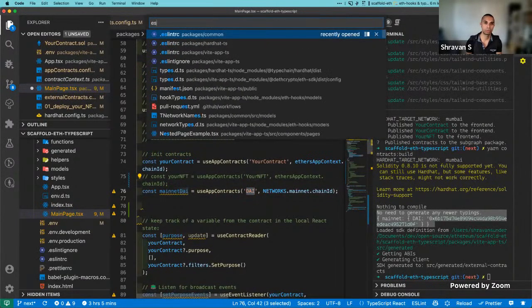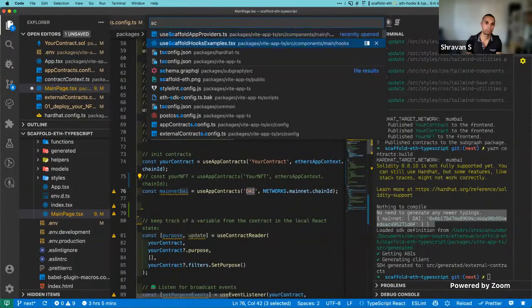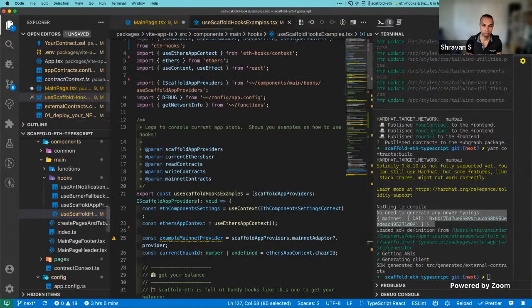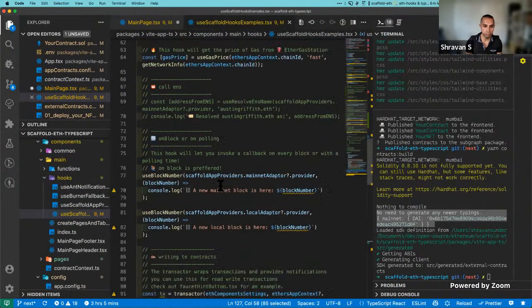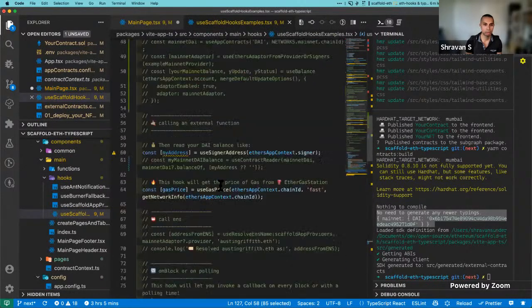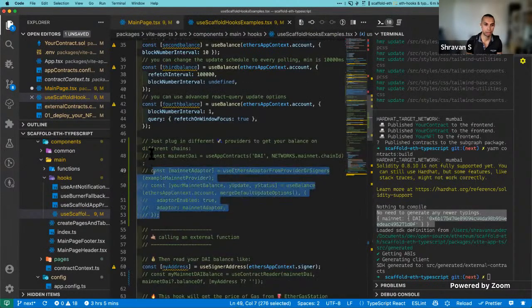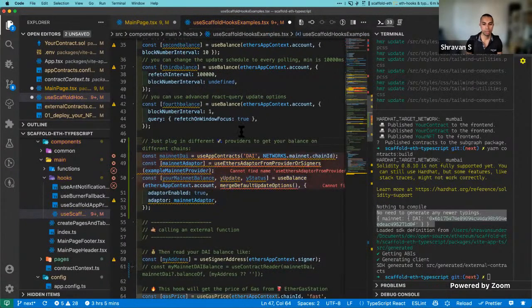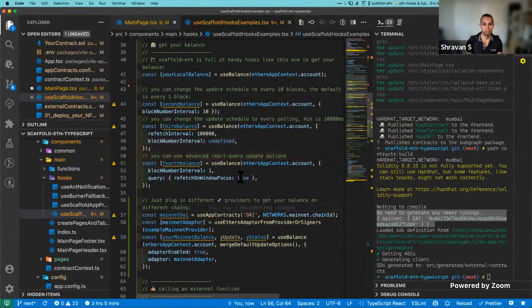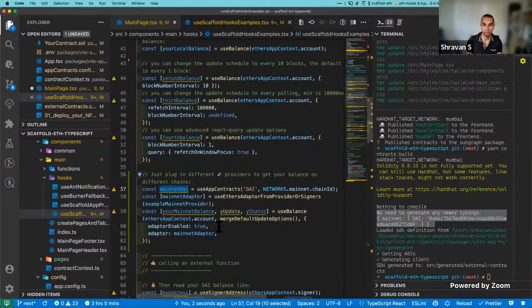And to give you a further example, there is a file called use Scaffold-hooks examples just to show you more. And in here, I have a place where I'm using that DAI contract. So I'm going to uncomment this. Basically, what's going on here is I'm loading that DAI contract on the mainnet chain. I have access to that contract, and then I'm basically getting my mainnet DAI balance for the address that I've